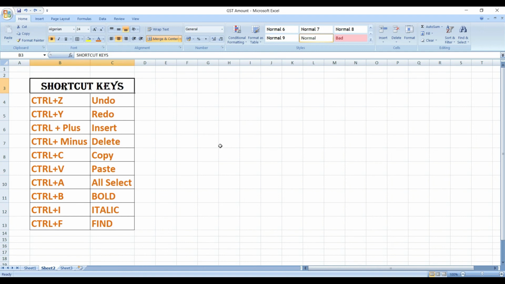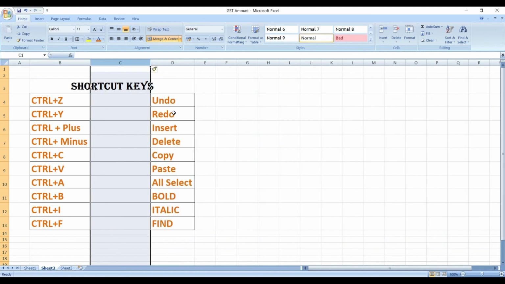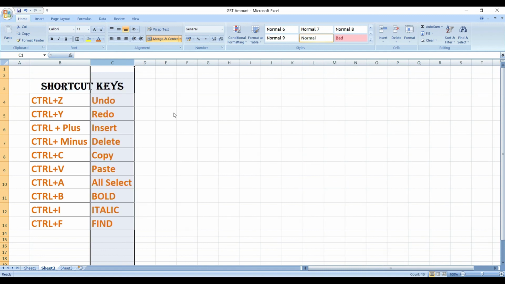Okay, and again, if I want to insert a particular cell or row, I just need to select the header of the column section, and then I need to do Control plus, and now see the result. This is for Control plus. And if I want to delete my column, what I need to do is Control plus minus.